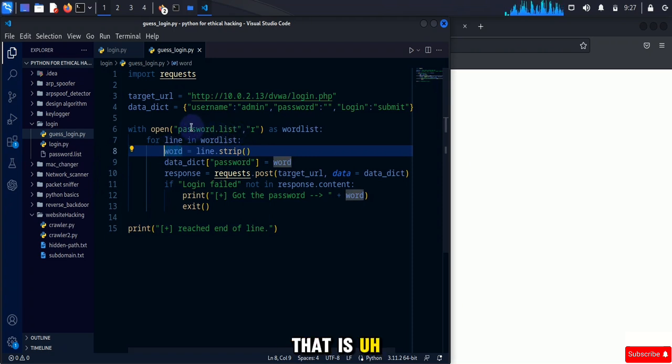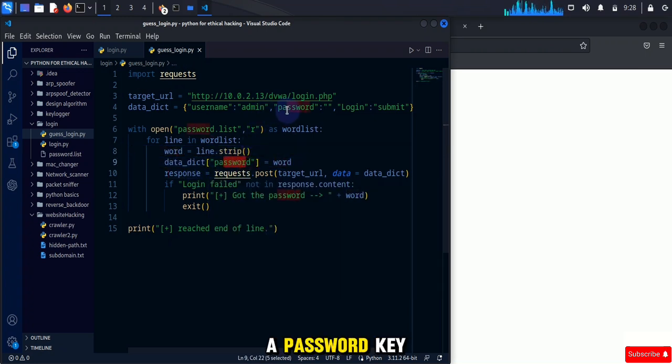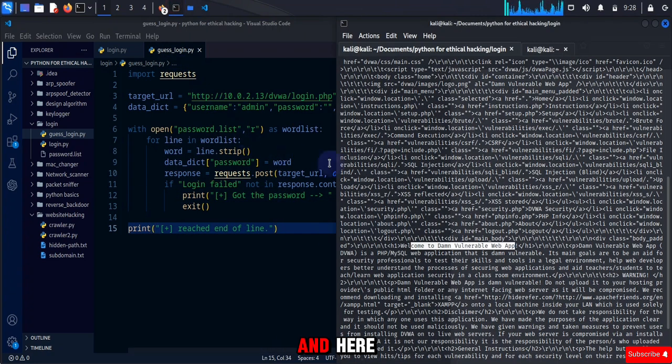In here we are opening that and reading each line, and then we are removing the extra enter from each line, and then we are checking that data dictionary which has a password key here and it has an empty value. We are going to assign the word in here, and in here we are checking that if we don't have login failed in response.content, that means we are logged in and the thing that we provided is correct and the word is found. Let's save it, and here,